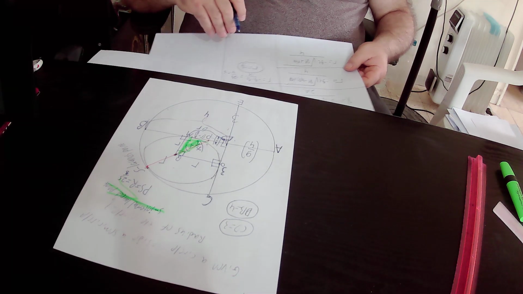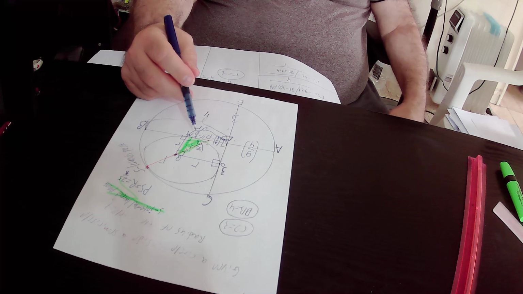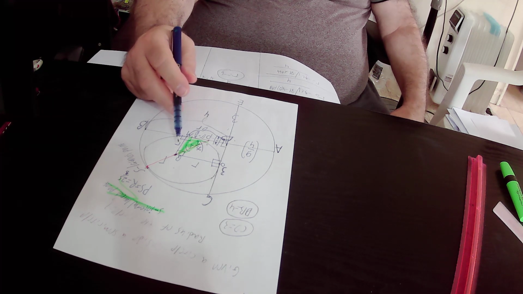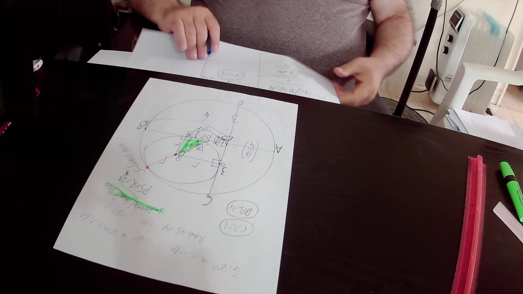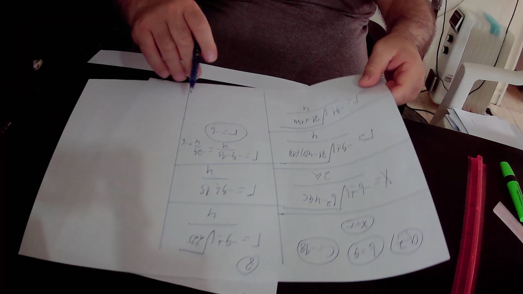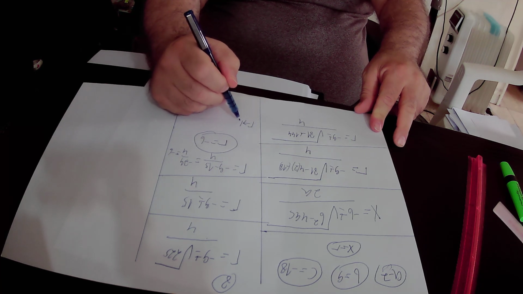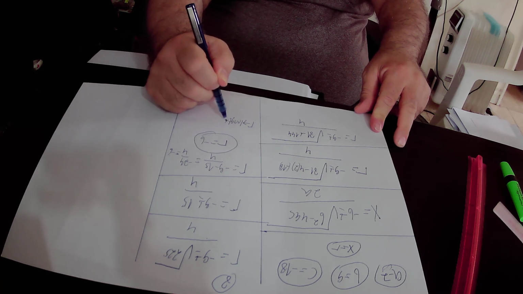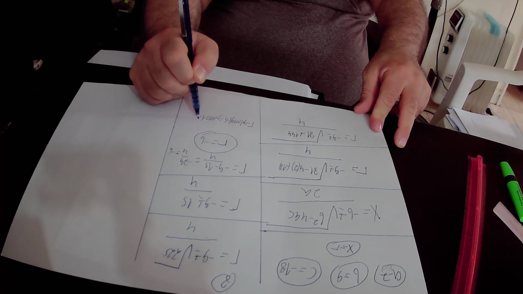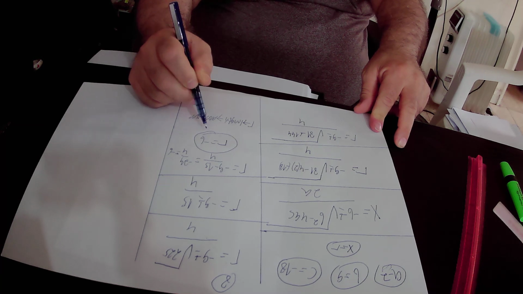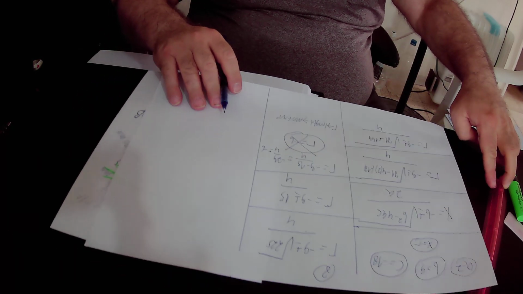Okay, but according to our definition, R is the length of the radius of the small circle. R is a length, so it must be a positive number. So it can never be equal to minus 6, which is a negative number. So we cancel this solution, and we are left only with the second solution,